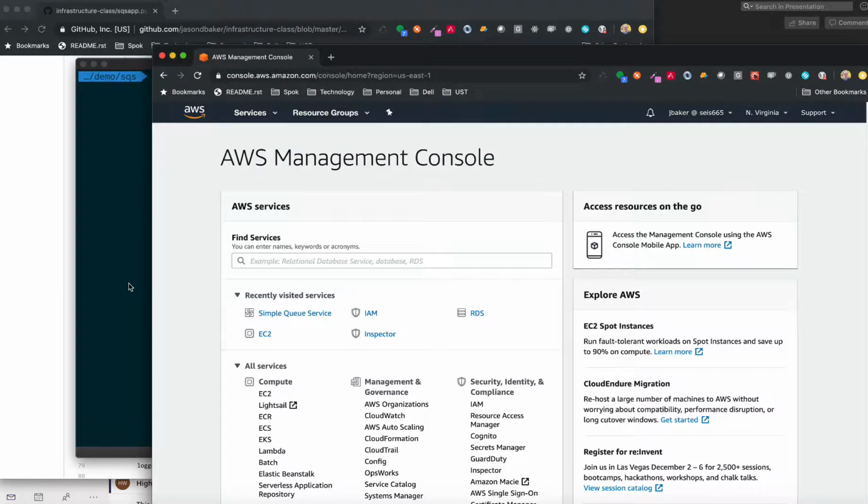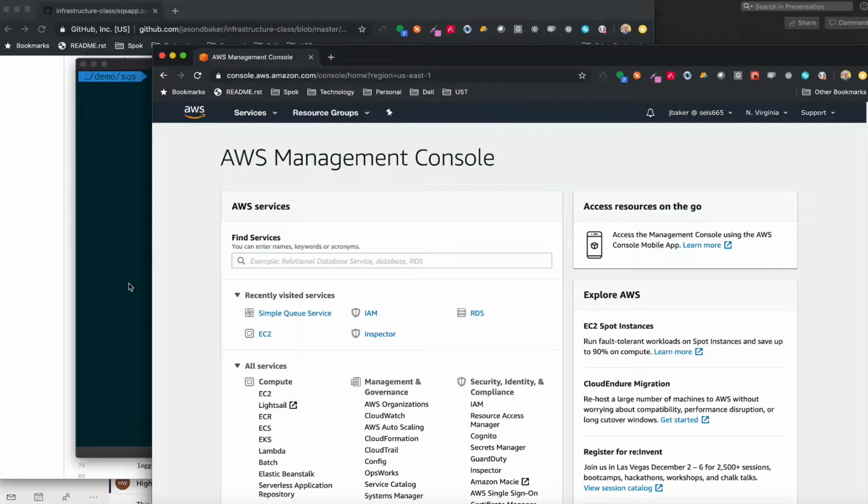In this hands-on segment, I want to experiment a little bit with the Simple Queue Service, SQS. In order to experiment with the service, I will set up an SQS queue, and then I've developed a little Python-based application that I'm going to run on my local workstation. This Python application allows me to simulate different services. I can simulate a service that is acting as a publisher, and I can simulate a service that's acting as